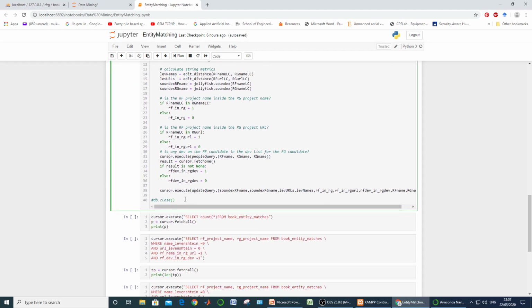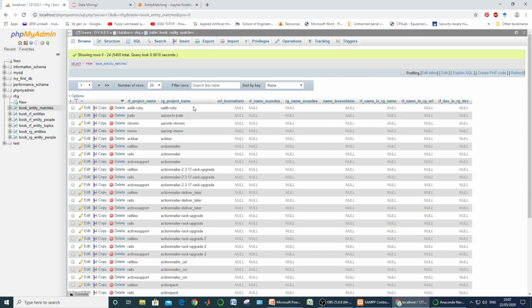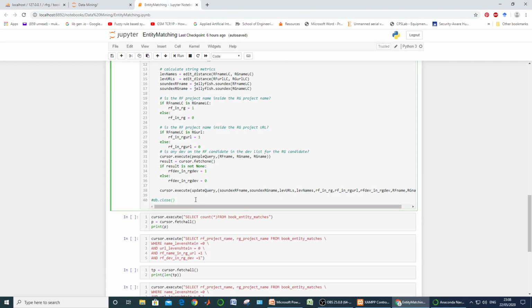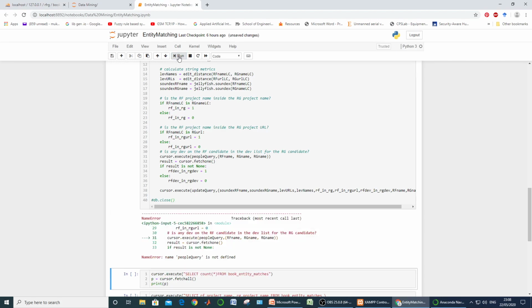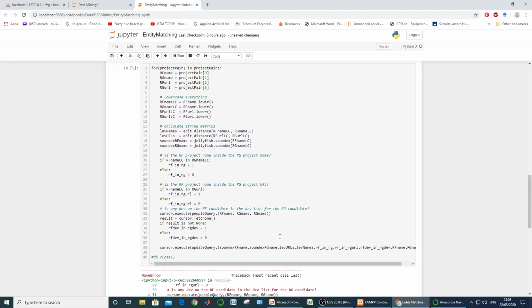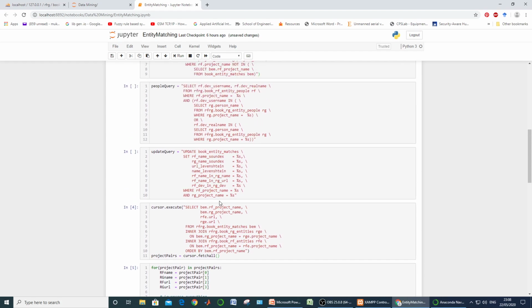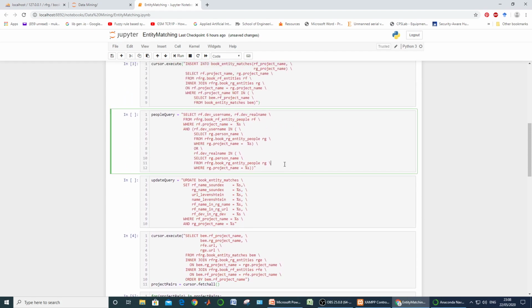Now let us again recall that these fields are blank. After execution of this query, they all should be filled. What it says is that name people query is not defined. It means we have not compiled, or the update query was not compiled and executed.